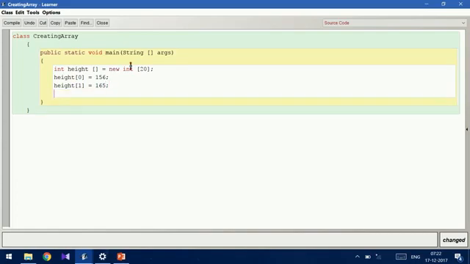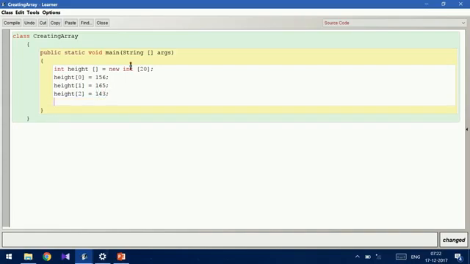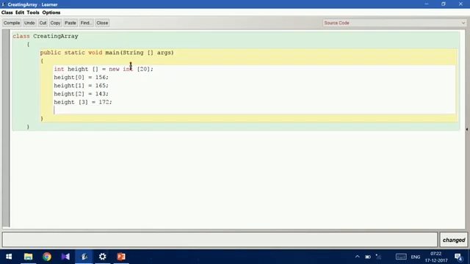Now third element, 2 is equal to 143. Height of, so here the fourth element, index will be 3, is equal to 172. Then the fifth element, that is index number 4, is equal to 180.